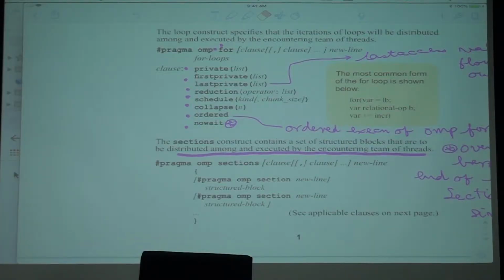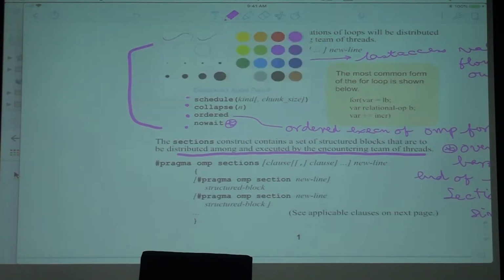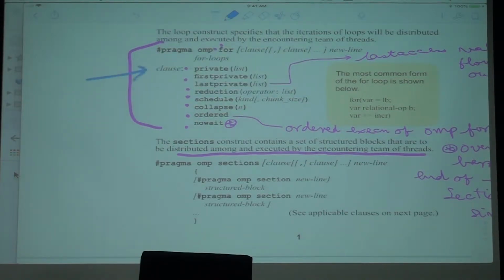So let us contrast for and sections. For offers, OMP4 does offer sections, correct? Because OMP4 has iterations as the sections. The individual iterations become the sections, because each iteration is like a chunk of work. But instead of for, if you offer this guy under